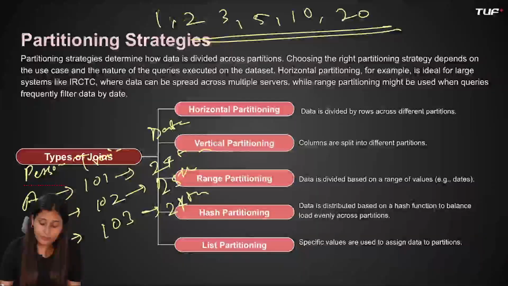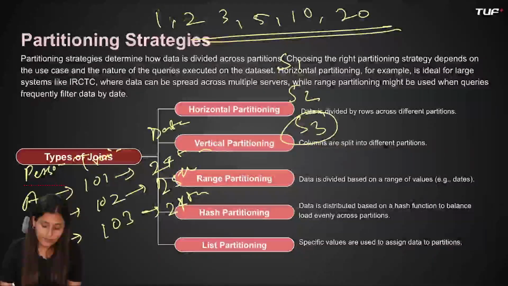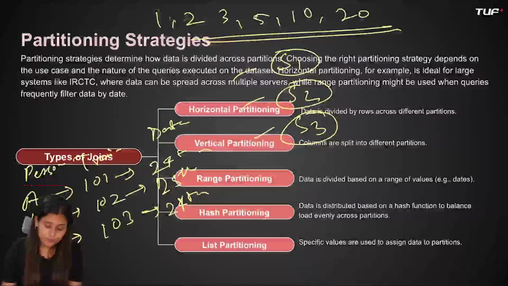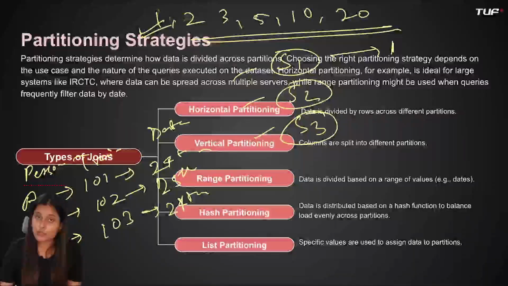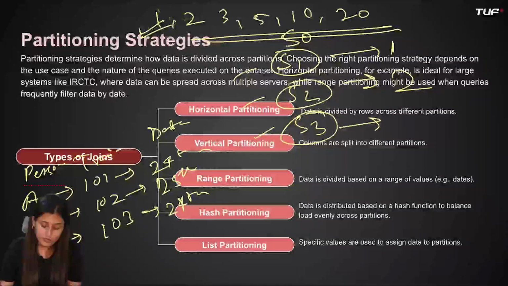Let's suppose we have 3 different servers where we want to save: server 1, server 2, server 3. As we have 3 servers, what we will do is 1 modulo 3, which is 1, so it will go in server number 1. 2 modulo 3 is 2 itself, so it will go in server number 2. 3 modulo 3 means 0. Okay, my bad, it's not server 3, it's server 0. So 3 will go here.